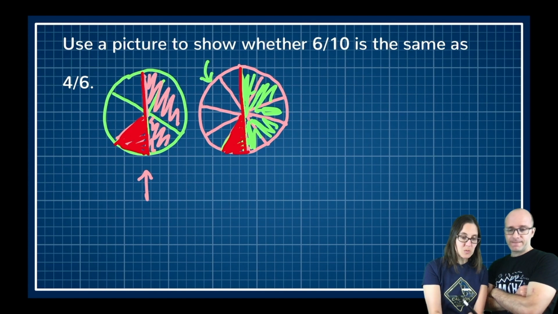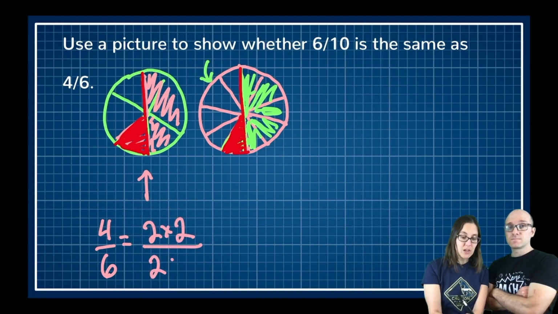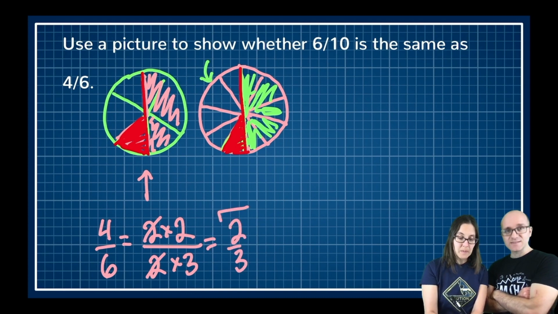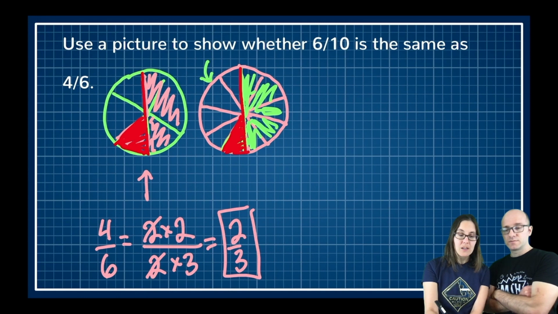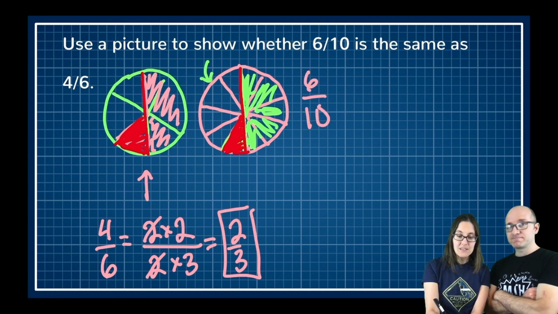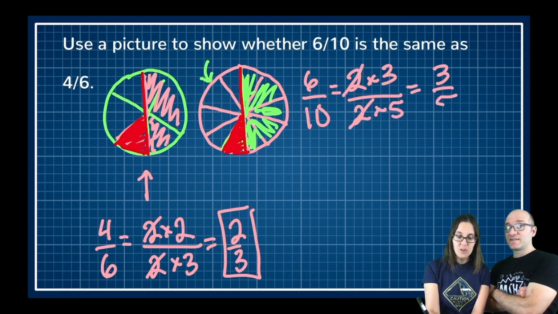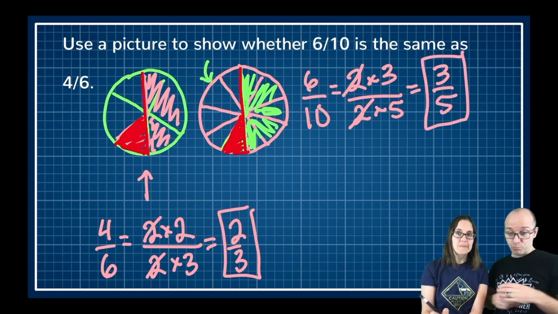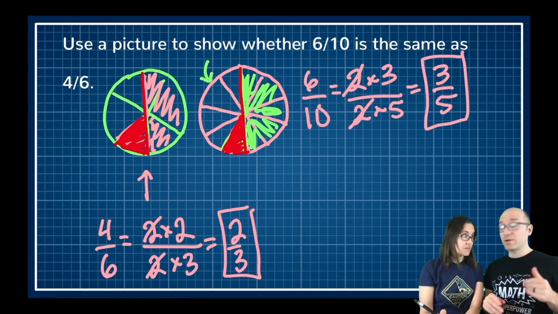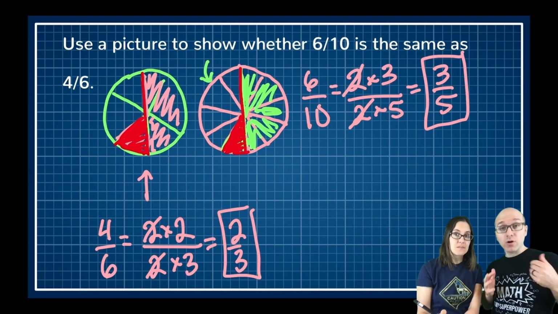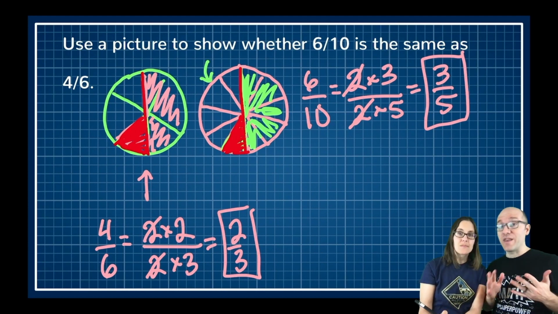This one is bigger. So this one is 4/6. And 4/6 is equal to 2 times 2 divided by 2 times 3. I can cross off the 2's. It's equal to 2/3. Nice. And then for this one up here, I have 6/10. 6 equals 2 times 3. 10 equals 2 times 5. Cross off the 2's, and I get 3/5. And both of those fractions are in their simplest form, and since they're not equal to each other, that would also tell us that these 2 fractions are not equivalent.